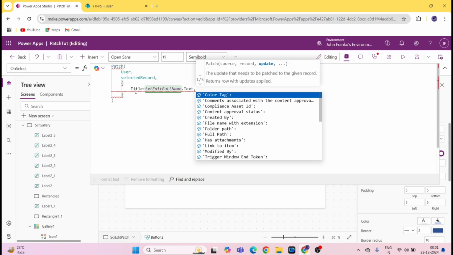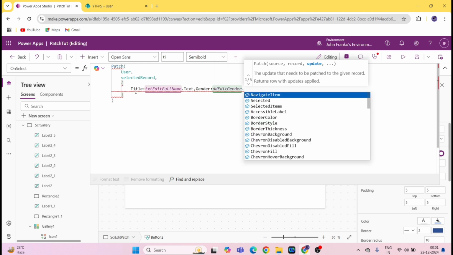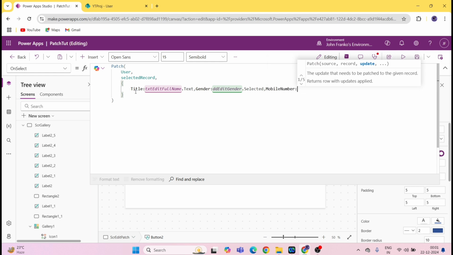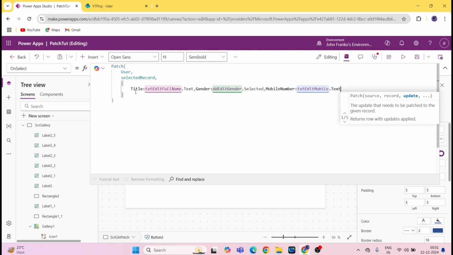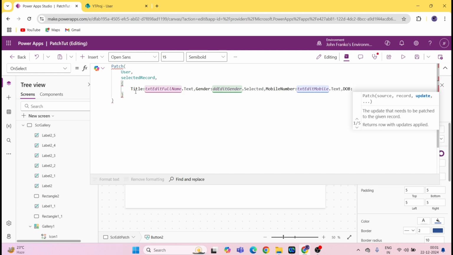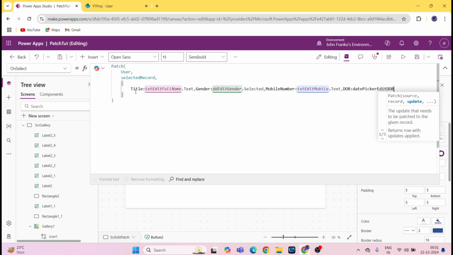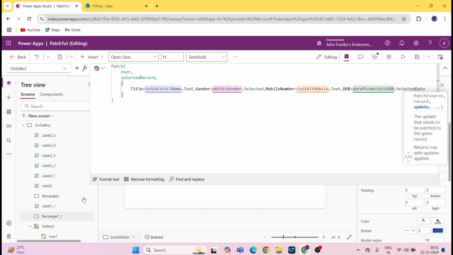Then we have the gender, so dd edit gender dot selected, comma, we have mobile number, txt edit mobile dot text, comma, dob, we have date picker edit dob dot selected date, format the text,